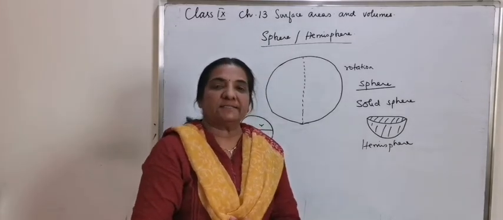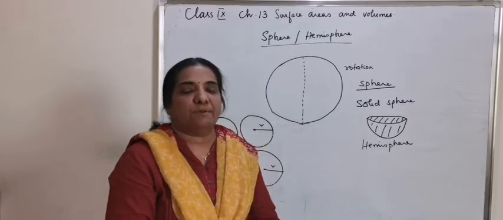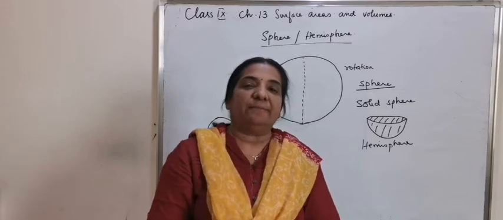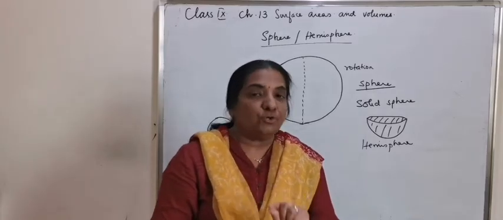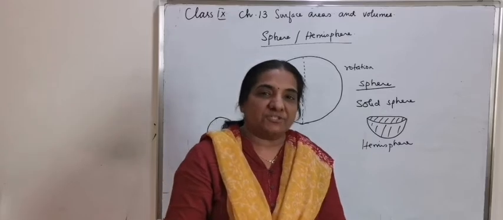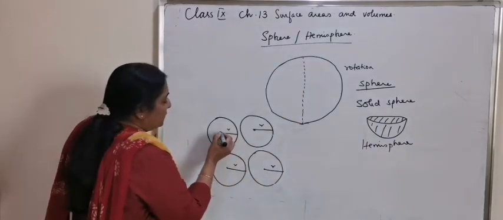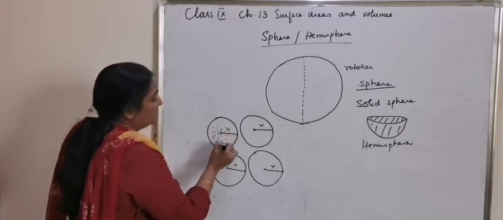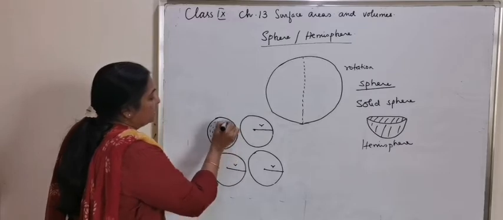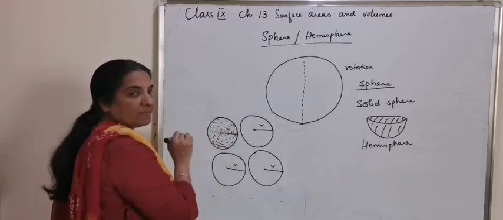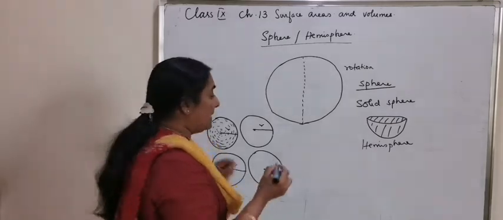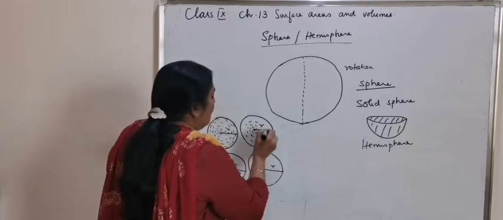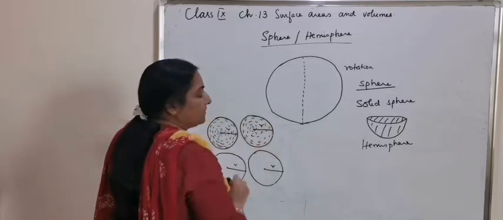How do you find the radius? You may have to cut the rubber ball, the hollow ball, into 2 pieces. If you check the diameter and take half of it, you will get the radius. If you continue arranging the string in a rotation position as I am showing, the string will be covering 4 circles of equal radius r.